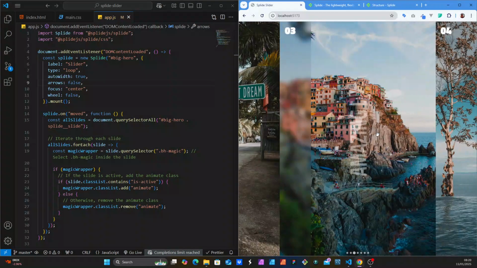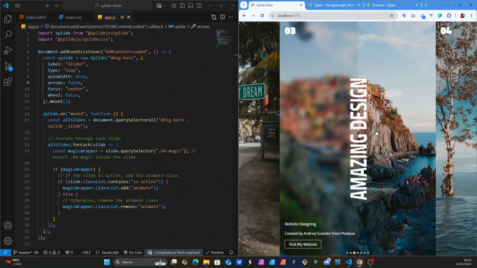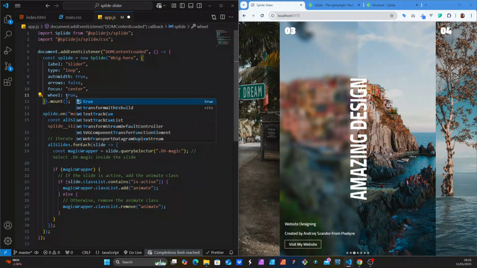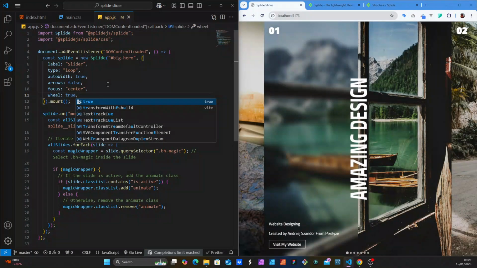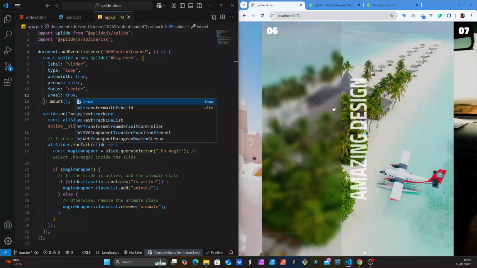So you will have to use the scroll. Now if you want to use your mouse scroll, you have to set this to true as well. It might be annoying because you won't be able to get out, but for certain projects it might be good, because for example you only have one page and you just sort of scroll around, right? You see,